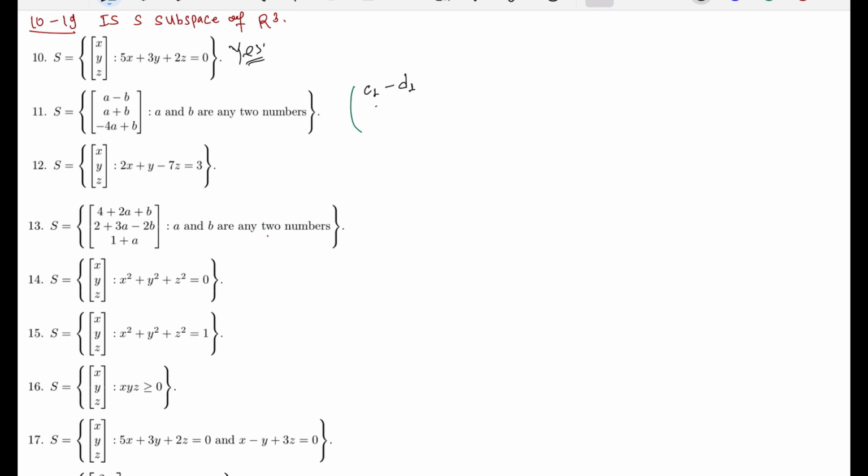And here we will have c1 plus c2, and here we will have 4 times c1 plus d2. Here we will have d1, 4 times of c1 plus d1. This is one vector from this set, and it belongs to this set S, right? And we can have e1 minus f1 and e1 plus f1 and minus 4 times e1 plus f1. Now if I add these two vectors, this also belongs to this set S,